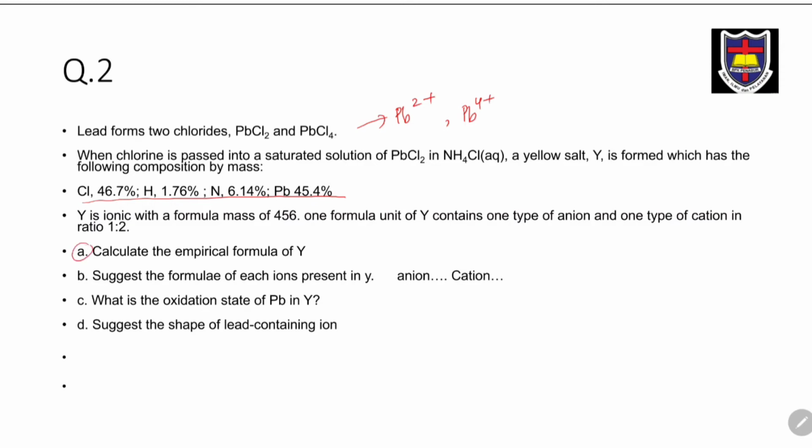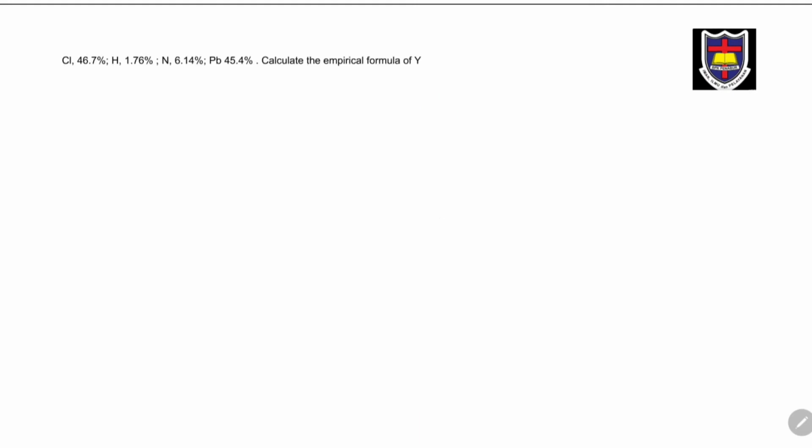Number a, find out the empirical formula. We assume that the mass of the substance is 100 grams, so 100 grams of compound consists of